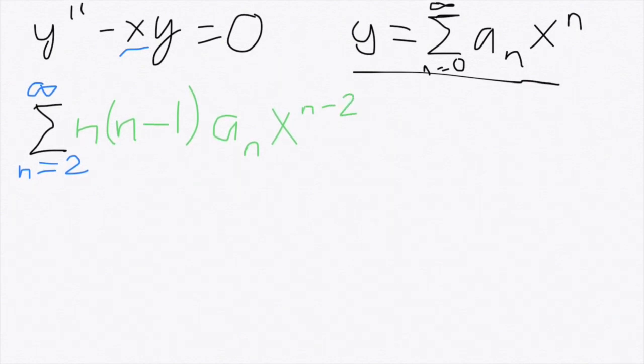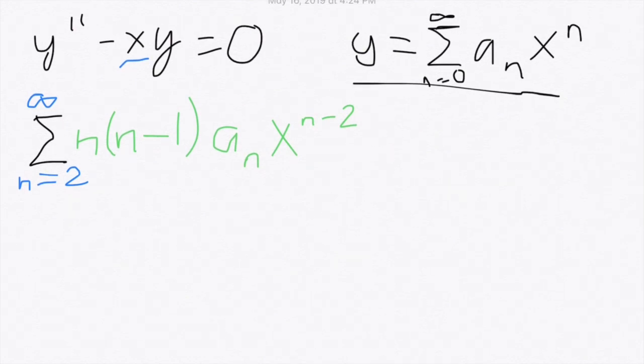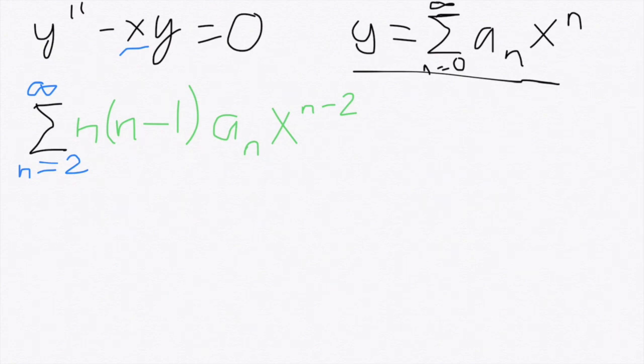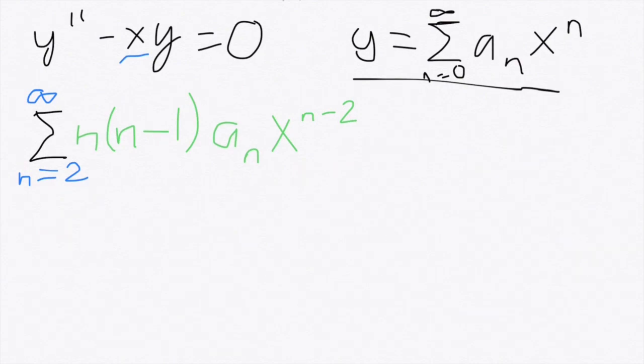Notice we get this because if we differentiate once, we get n times a_n times x to the n minus 1, which means we'll have to start this index at 1. And if we differentiate that again, we get the sum from 2 to infinity, because we decrease the starting index one more, of n times n minus 1 times a_n times x to the n minus 2. So now we have our second series, which is just a direct plug-in of this equation,